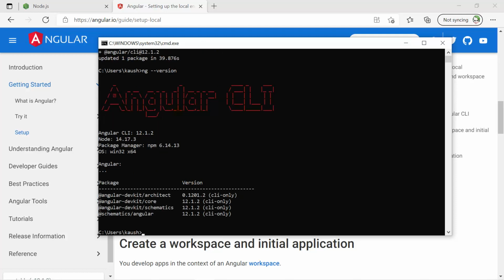So here are the details about this Angular. This is the Angular CLI command, this one. This is the version, and this is the version of node that we are using. This is the package manager npm version, and this is the information about the operating system, and all other packages that are installed with this Angular CLI, all of them are available over here. It means Node.js is working fine, the Angular CLI is also working fine.